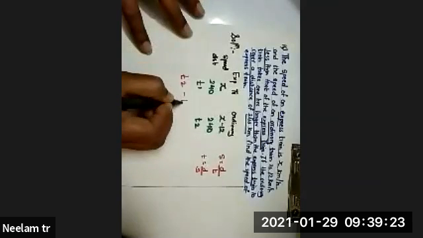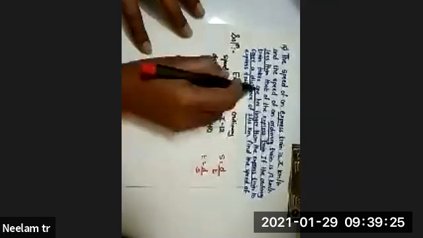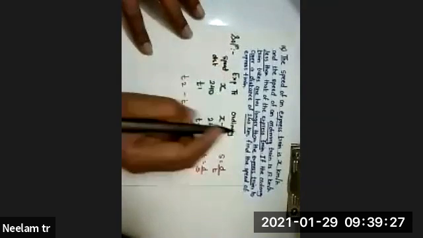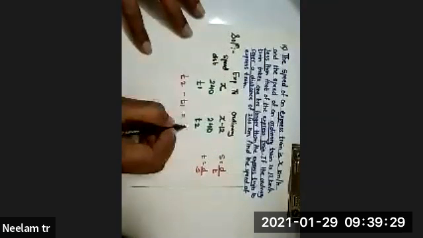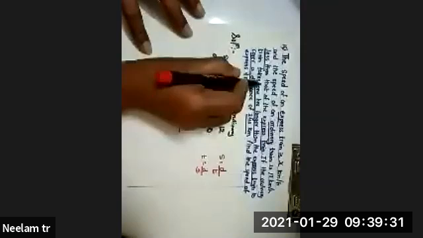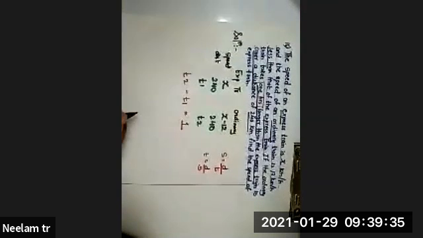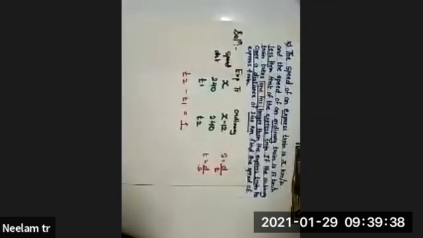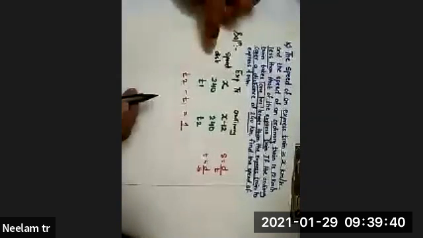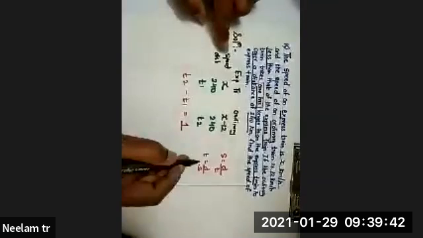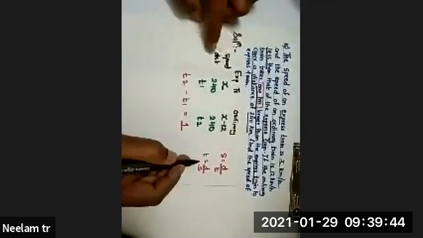That is T2 minus T1. What is it given? 1 hour, na? T2 minus T1 is given as 1 hour. So what will you do? Distance upon speed, because you have distance upon speed, so easily you will be able to find the time. Distance upon speed is given to you all.